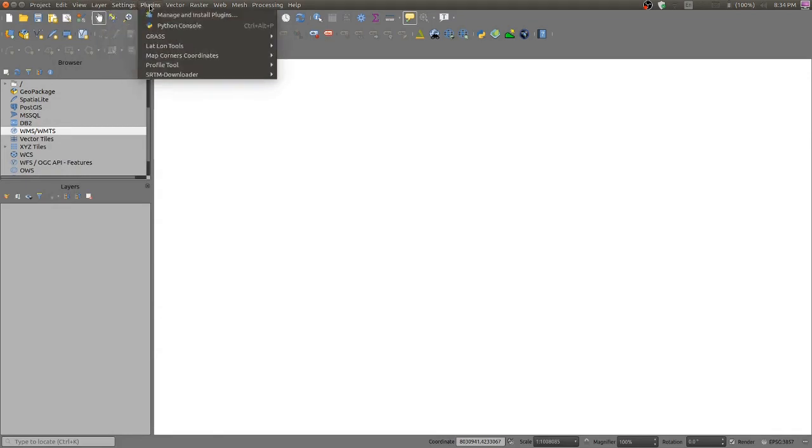And the plugins are like additional tools which the open source community has created and put into use for the public to use. So that is the beauty of this open source community.